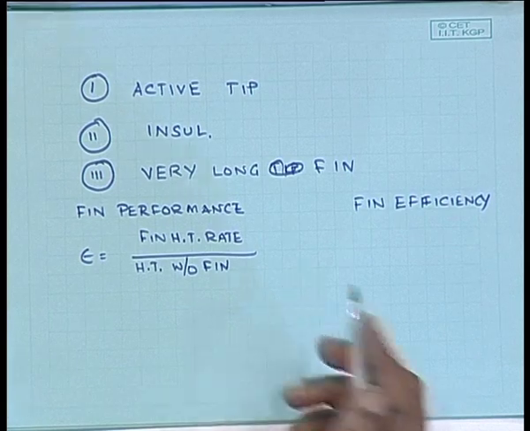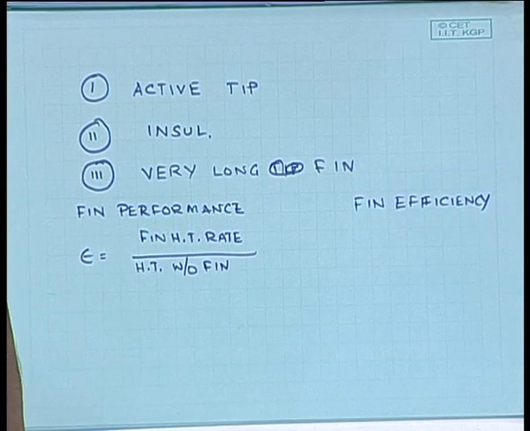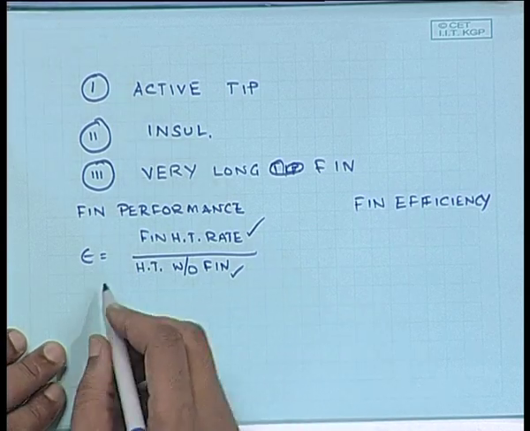What is this? It's simple. If you haven't attached the fin, what would be the area available for convective heat transfer? A_c. Think about it. You are attaching a fin to the surface. If you do not have the fin, then the area available for heat transfer is A_c, the cross sectional area of the fin. So that's your heat transfer area. And since you have attached the fin, everything else is now taking part in heat transfer. So this is fin heat transfer rate over heat transfer without the fin.